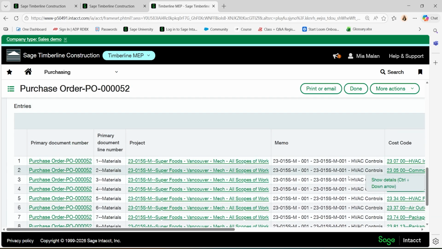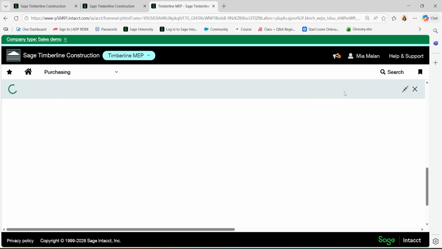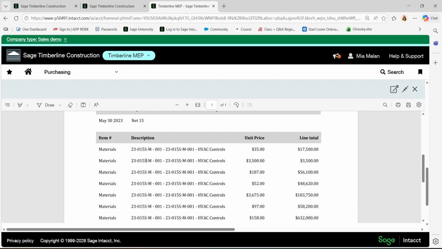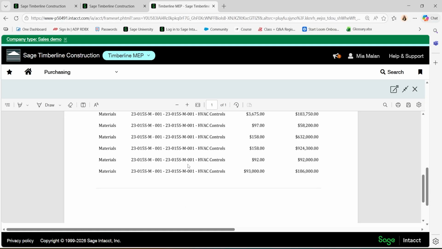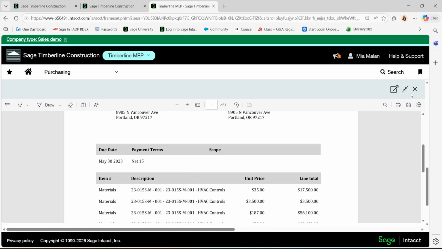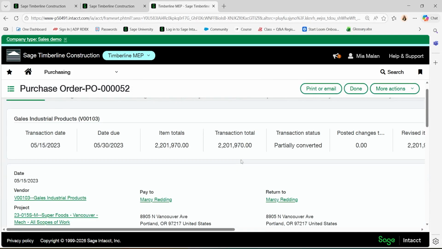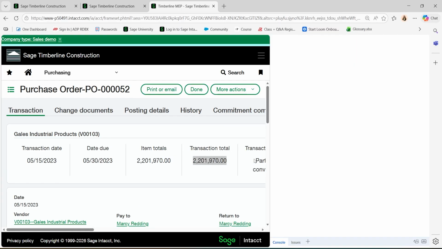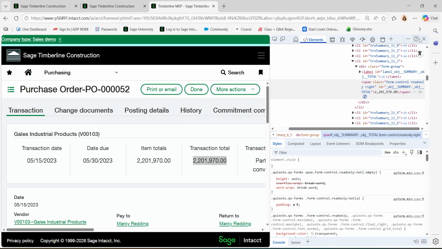So now we have the memo, and I'm going to print this out once more to show you these changes. Okay, so we have our requester added, and now the description column is using memo instead. I realize I don't have a subtotal here, or a total. So I want to use the transaction total right here, and I can highlight this, right click, inspect it, and it's telling me that it's using the summary total.